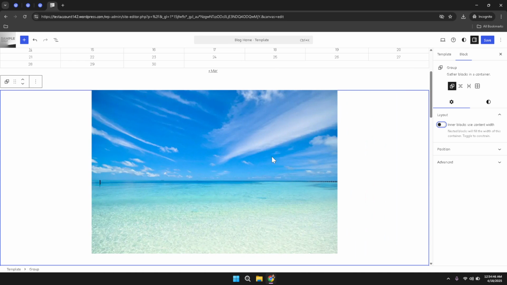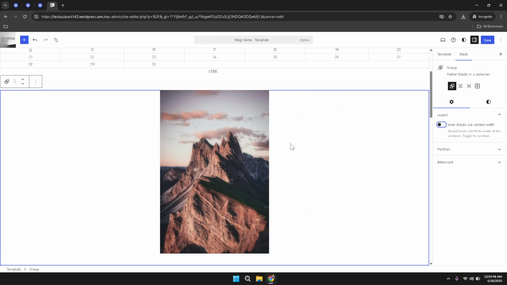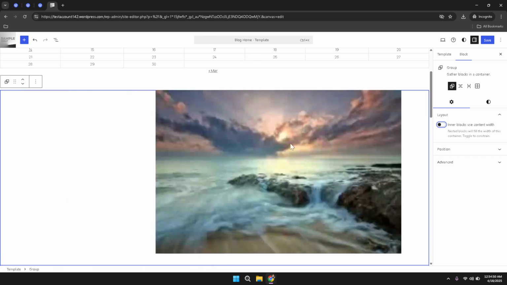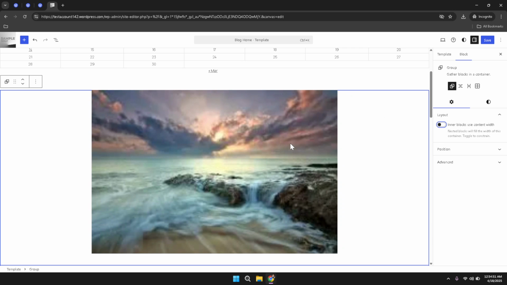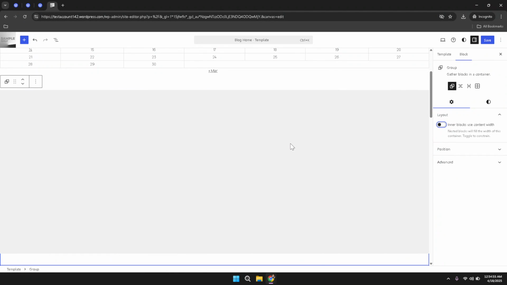Following these steps gives you greater control over the overall layout and design of your site. Disabling the fixed content width means that your inner blocks can now adapt dynamically, ensuring that your website can meet various display criteria or design preferences as needed. This method is particularly useful if you aim for a more responsive, custom design that does not rely on preset